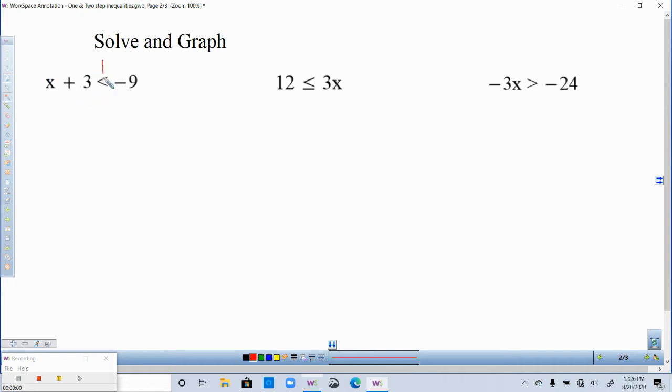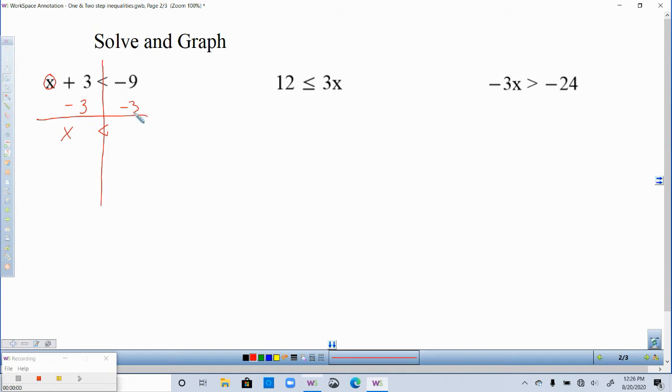So I'm going to go ahead and draw my line right through the middle, just like we normally would. This is like the equal sign. I'm going to circle my x. And I've only got one thing to get rid of, and so that's the +3. So how do you get rid of a +3? Oh, well, we would -3. And our golden rule, if we do it to one side, we have to do it to the other. So just like equations. And so these will cancel out, and we have x is less than, and then -9